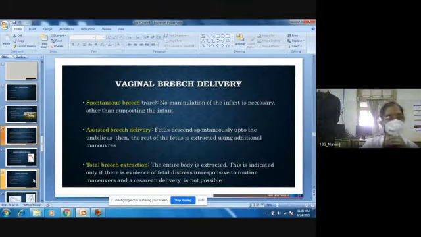Where do we do a breech extraction? It is always for the second of the twin. In modern obstetrics, we mostly do breech extraction when the second of the twin is in transverse lie. We go to the theatre, do an artificial rupture of membranes when the patient is under GA, grasp the baby's foot and do an internal podalic version. This is in contrast to an external cephalic version, where no anesthesia is given. So when do we do a breech extraction? Whenever you do an internal podalic version, mostly it is for the second of the twin presenting as transverse lie. That is called breech extraction.